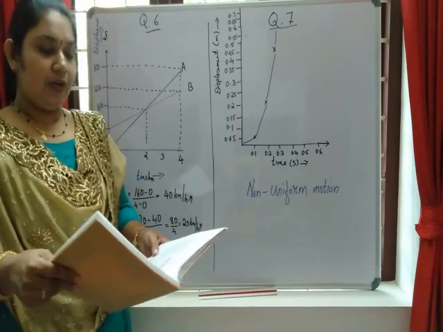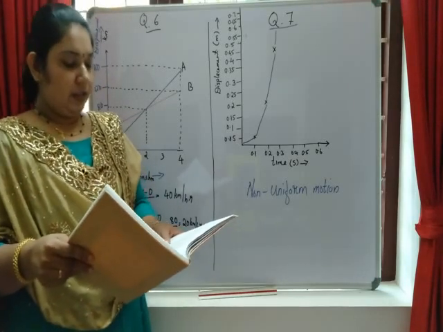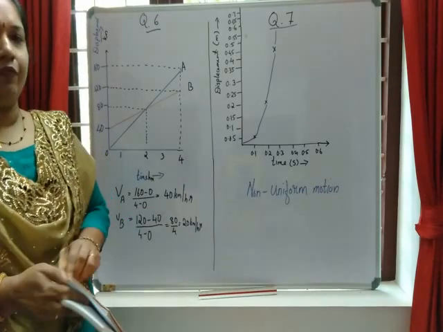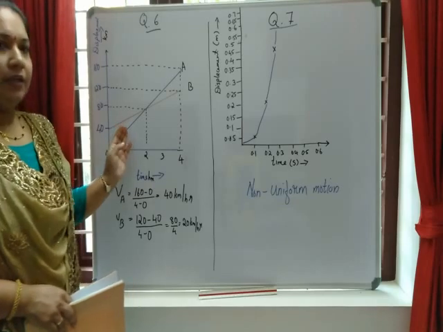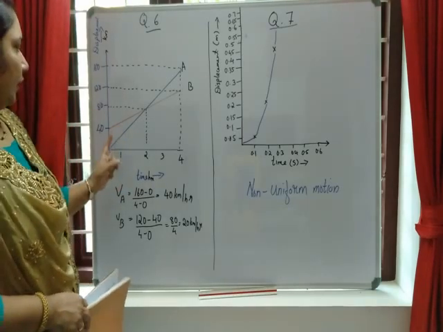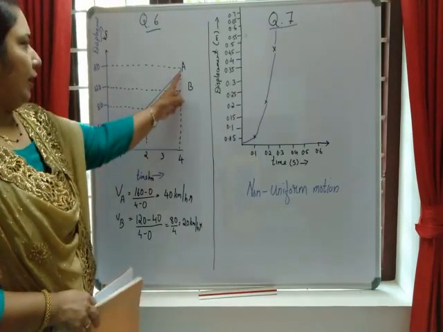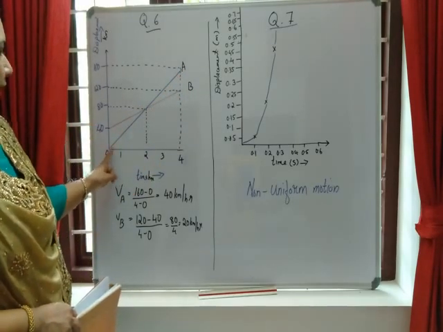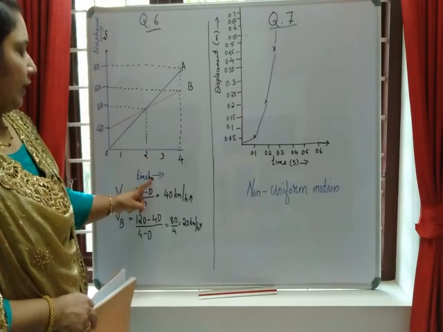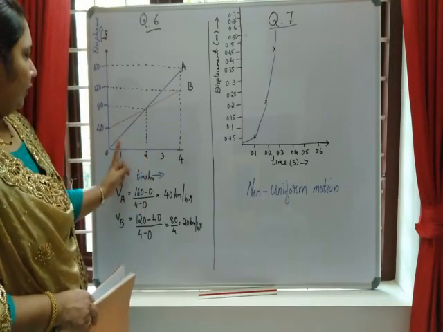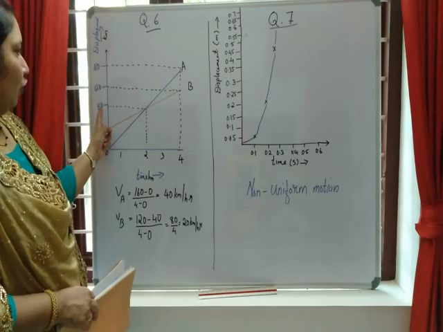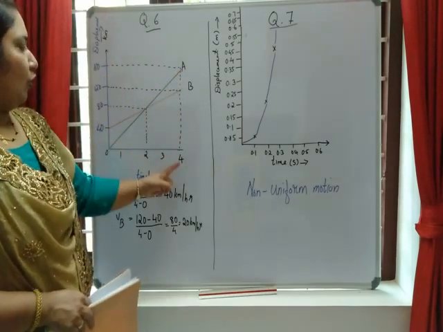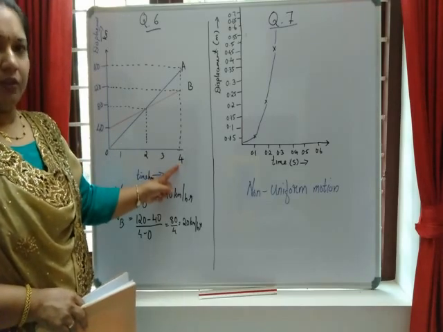From the graph, you are asked to write the distance by which the car B was initially ahead of car A. So here they are showing the graph of two cars. You can see the first car, this blue line, car A. Initially it is starting from rest, at 0. Gradually, after 2 hours, time is given in hours, car A reaches 80 kilometer. And the same car reaches 160 kilometer at the end of the 4th hour.